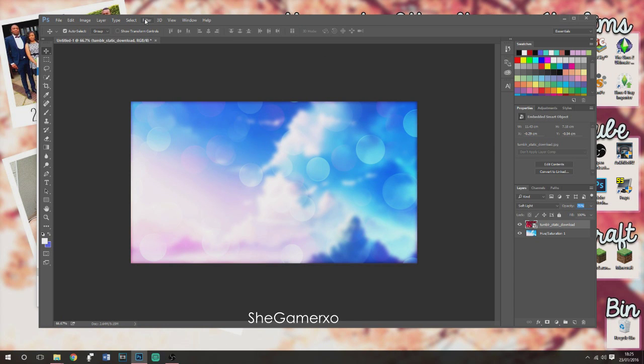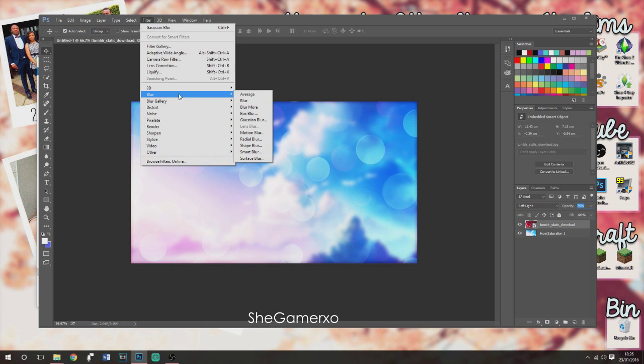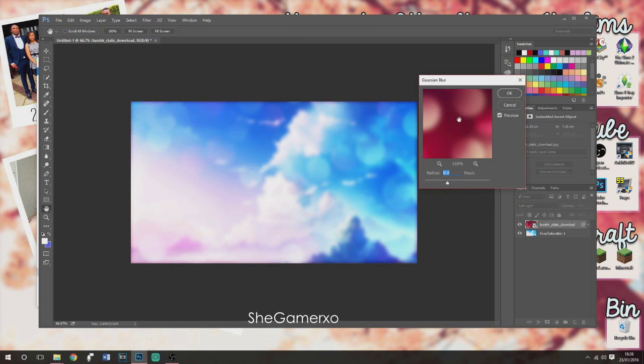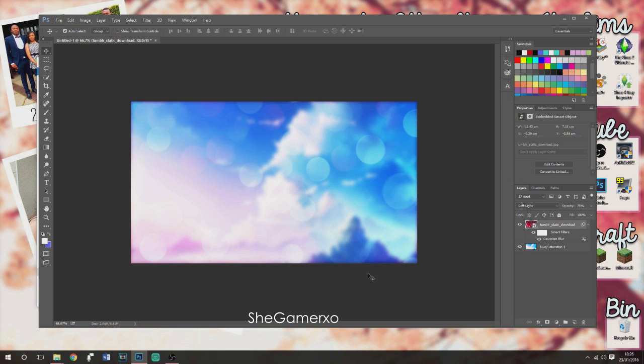And then I'm going to go to filter and then go to blur and Gaussian blur again, and then I'm gonna drop the Gaussian blur for the orbs down to 3 because I don't want the orbs to be too outstanding, but I don't want it to be faint, so I'll drop it to 2. 2 looks nice, so I'm gonna keep it as 2. Next thing I want to do is to go